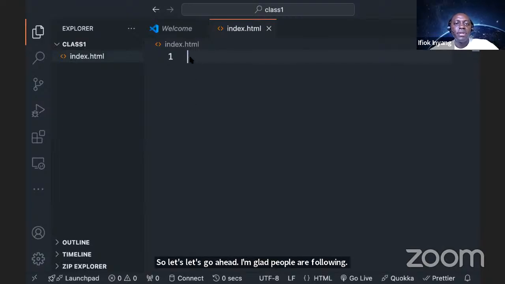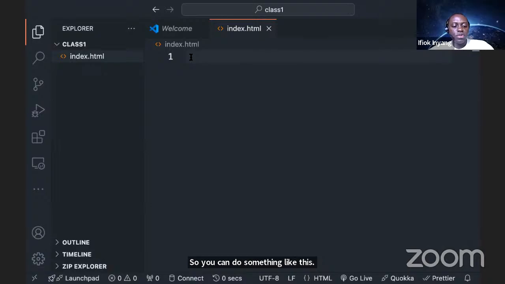So this is HTML, right? So how do you get started? So VS Code actually has what we call Emmet abbreviation. You don't need to cram this one, Emmet abbreviation. You will see it work as you type, right? So there are actually shortcuts to spin out an index.html file, or more like say an HTML document structure. So every HTML file that you see anywhere in the world actually has this basic structure. So what's the basic structure? So you can do something like this